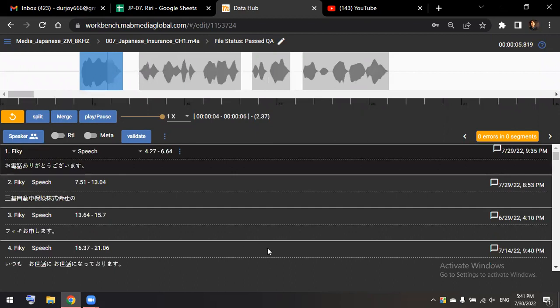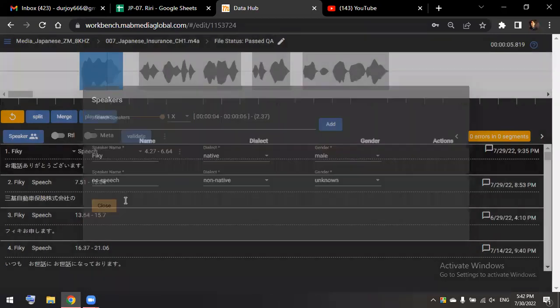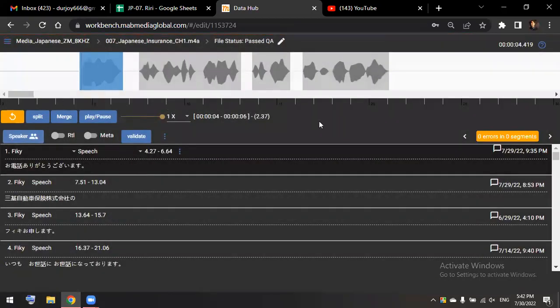Whenever I come to this workbench, I need to understand how to work. First, I have to understand the speaker. This file is already completed, so let's think there is nothing transcribed.